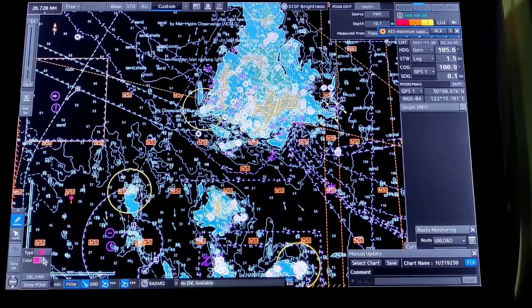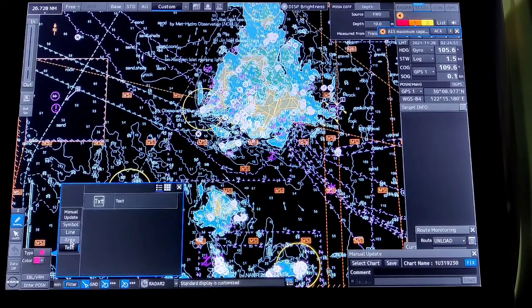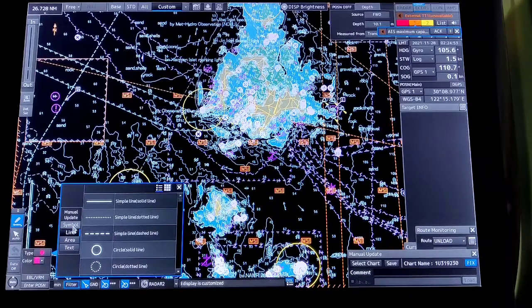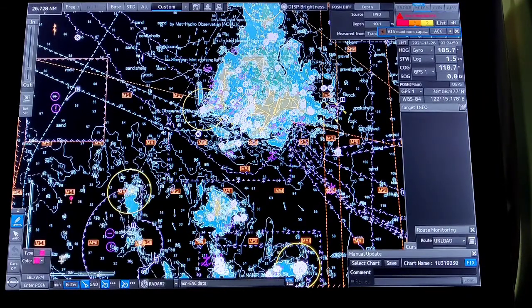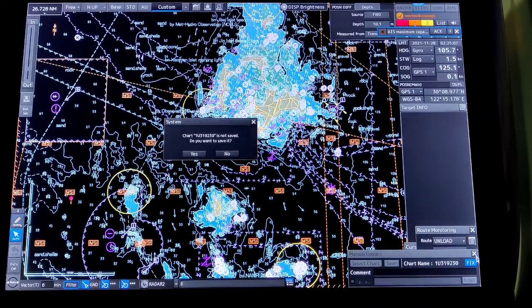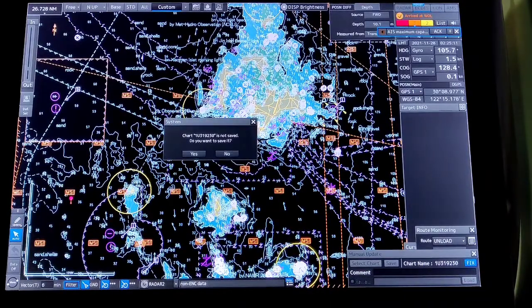Now select the type and color. Suppose I select circle, line, area, anything which I have seen for manual updating I can do. And then select the type of color. Suppose I select square. I put it somewhere, and then you write the type and comment on what type of manual update it is. Then it will ask you, do you want to save the manual update? Do you want to save the chart?